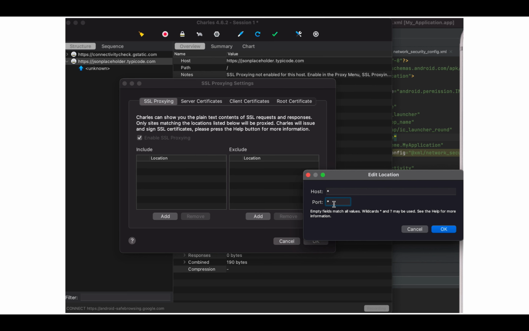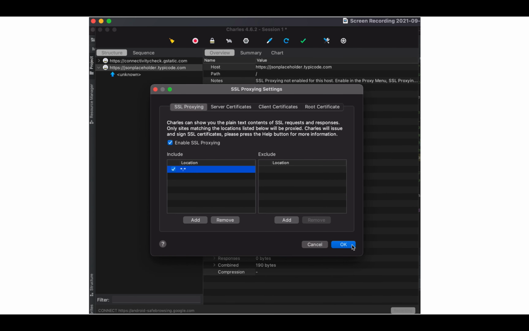I have entered star as host and star as port to allow everything, and press the OK button. Then you can see the include section gets listed as star colon star, and press the OK button.